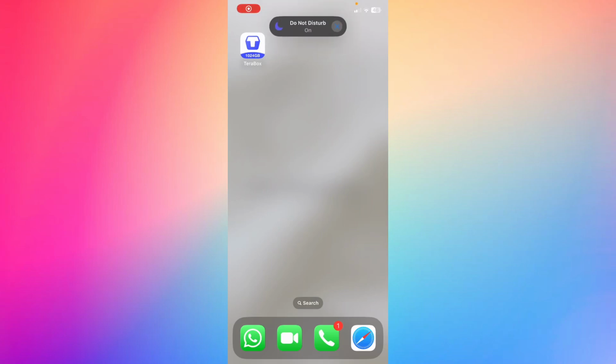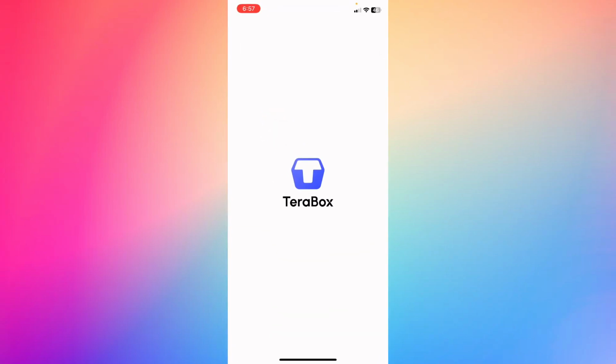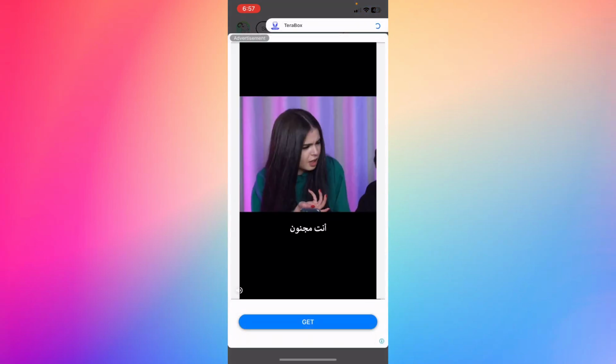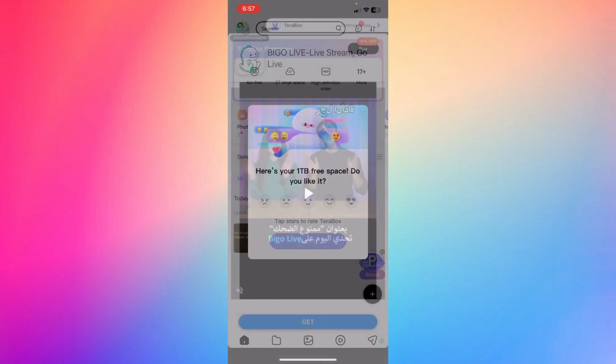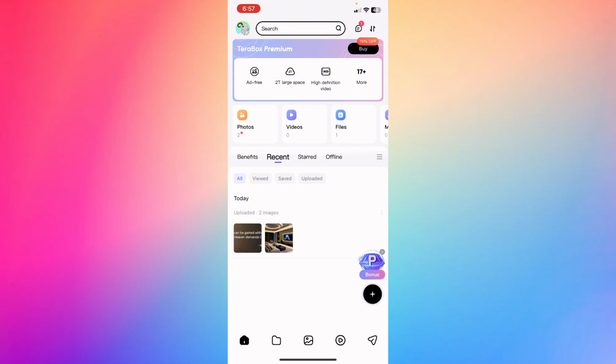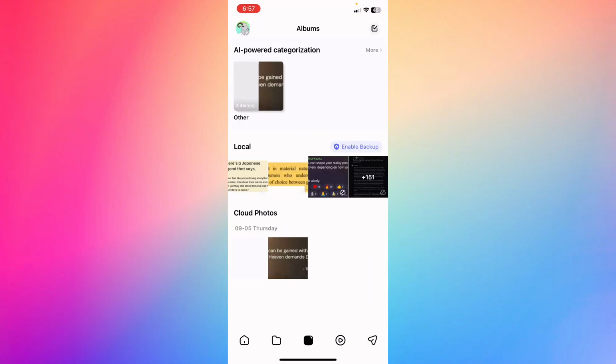My name is Adam. Today I'm going to show you how to access Terabox offline, open without an internet connection. So log in with your account on Terabox, okay? And make sure that you are logged in with your account. And as you see, you're going to see an ad, unfortunately. So just log in with your account, and then basically, if you want to see or watch a photo